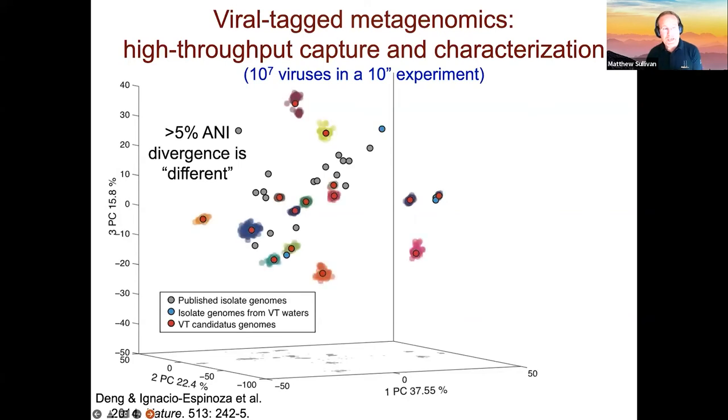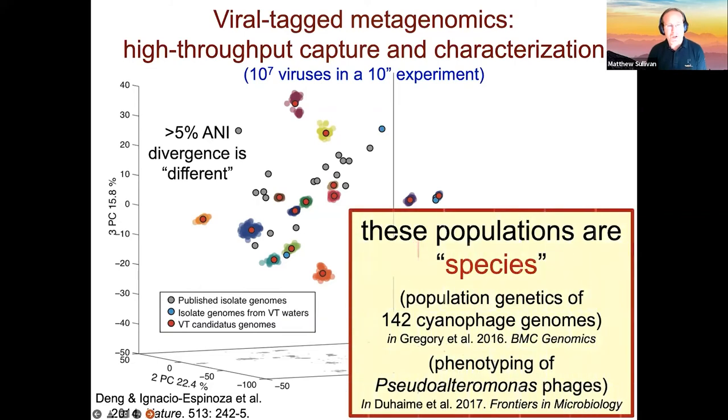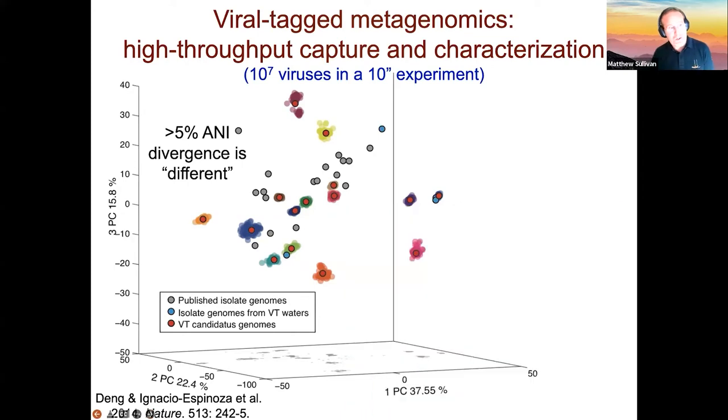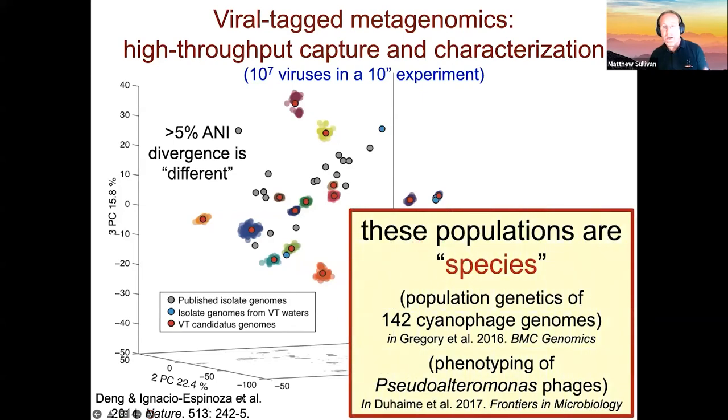And then when we resampled the data to create in silico versions of those, we found the clouds around the red. And in all cases, those are distinct populations. And in the few cases where you think they're on top of each other or maybe overlapping, the axis here that's shadowed down below shows you that those are clearly separated on the 3rd axis. So those populations are separated by about 5% average nucleotide identity. And we've gone on with proper population genetic metrics to formalize this.